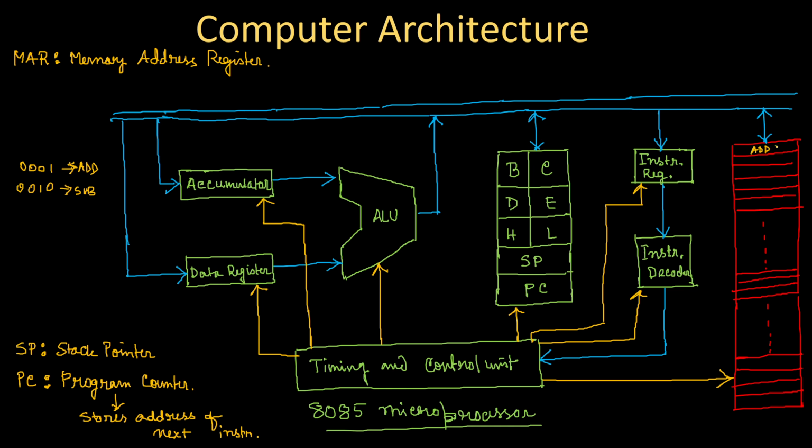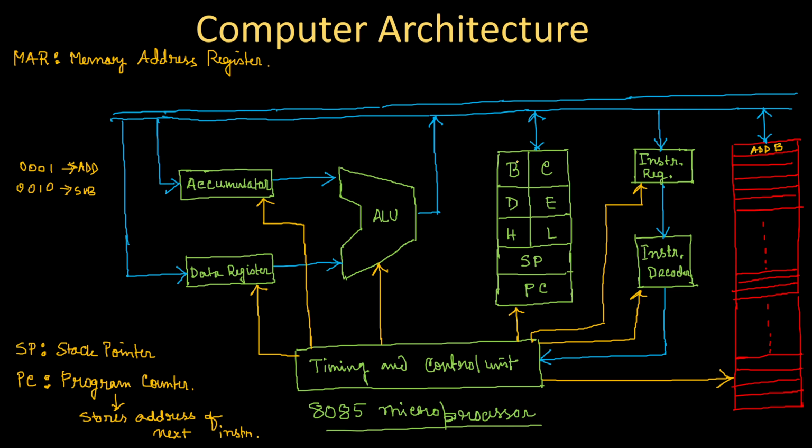in some form, in some hexadecimal form. That is not important. Somehow this instruction came to the instruction register, and from the instruction register it will go to the instruction decoder, and this instruction decoder will generate some combination of ones and zeros, so that the control unit realizes that this is an instruction for adding the accumulator content with the content of register B.